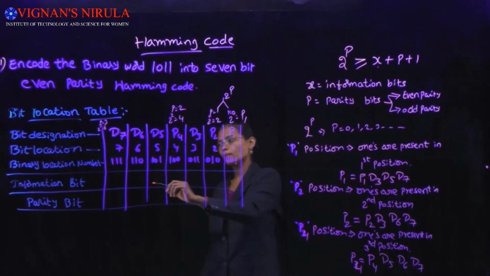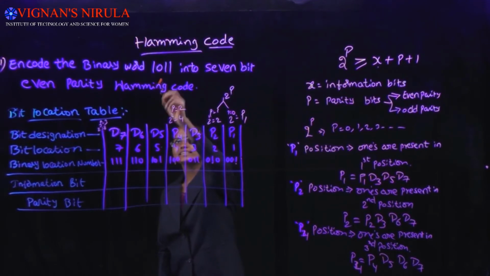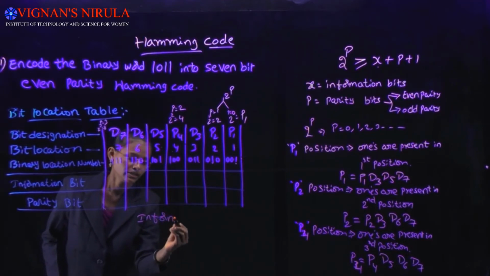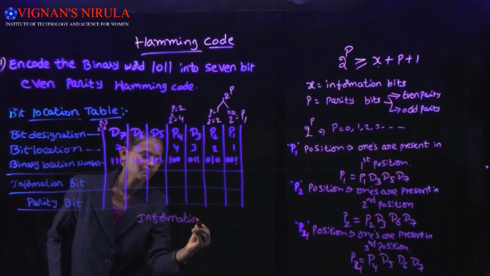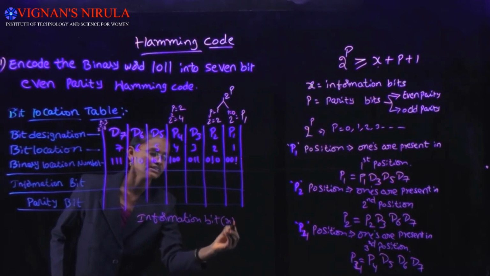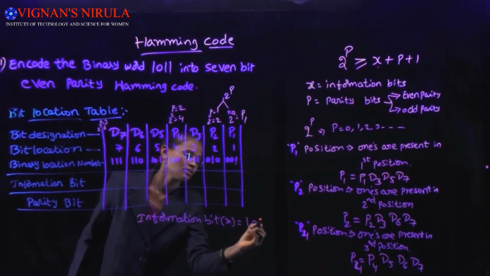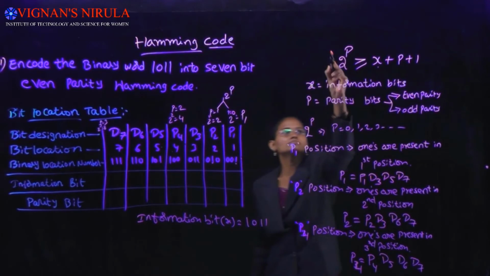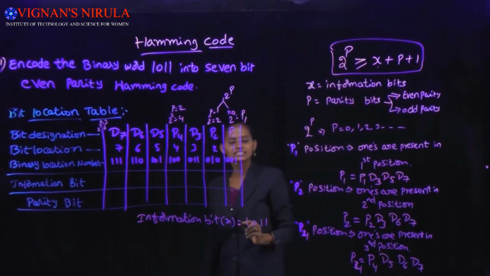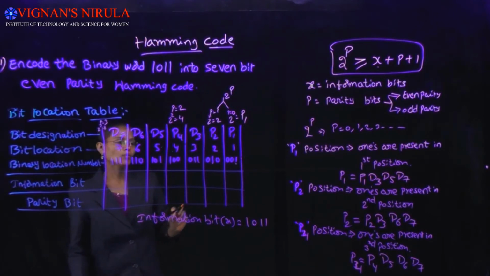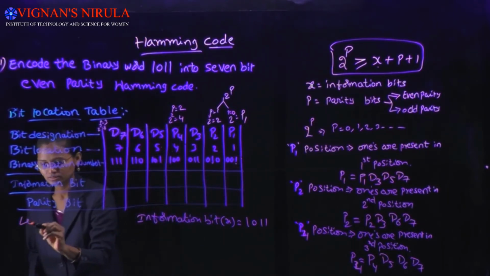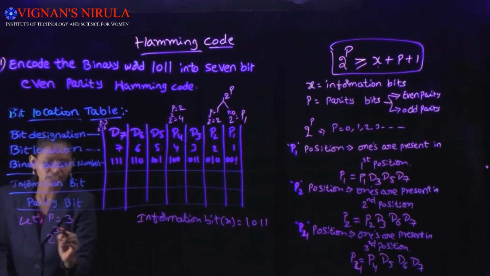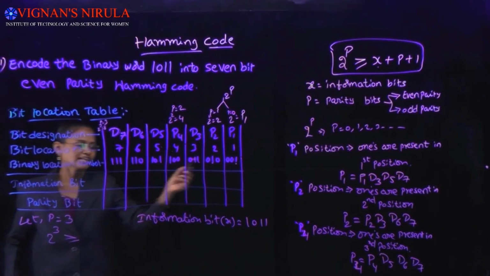Okay, in the given problem, the information bits are 1, 0, 1, 1. That is X, 1, 0, 1, 1. This is the Hamming code formula. Here P is a constraint. How many positions does P have? Let P be 3. 2 power of 3 is greater than or equal to X, the information bits,